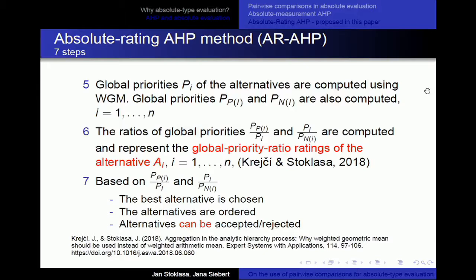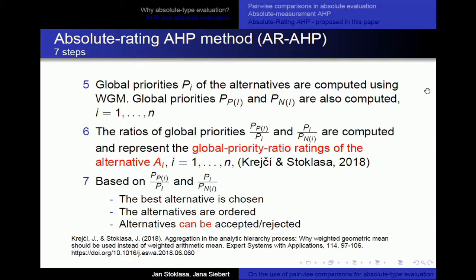So we can aggregate the evaluations, so we can aggregate the local priorities into global priorities. We have already proven in our previous paper that we should use the geometric means method for that. And once we do that, we still have absolute priorities for the positive ideals and negative ideals, which are alternative dependent. But we can interpret them in terms of ratios, and these ratios are essentially on an absolute type scale,